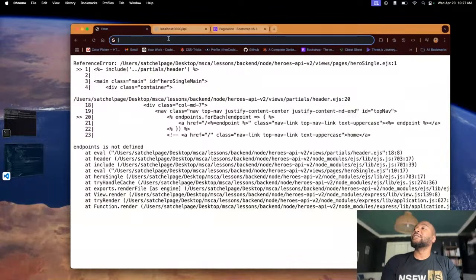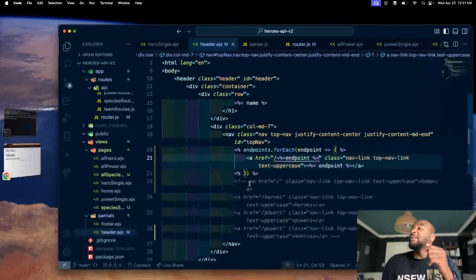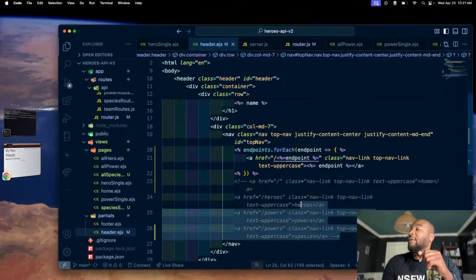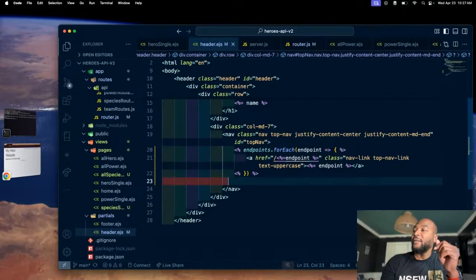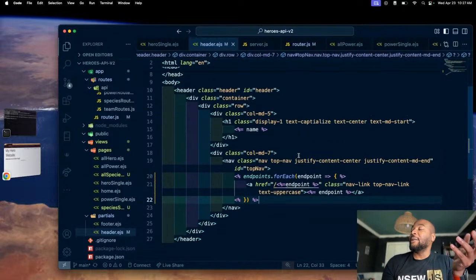Yeah, so let's go to localhost 3000, and look at that. It's got all of the endpoints. Cool, great, that works. Nice. So that means that since I fixed up my header that way, took a nice little detour. So now that I've got that, and I see that that works,